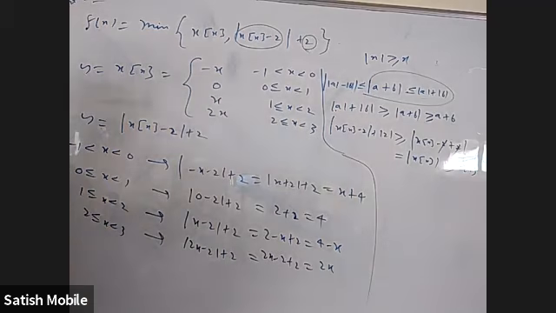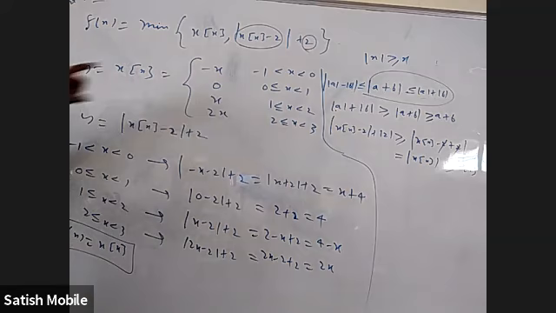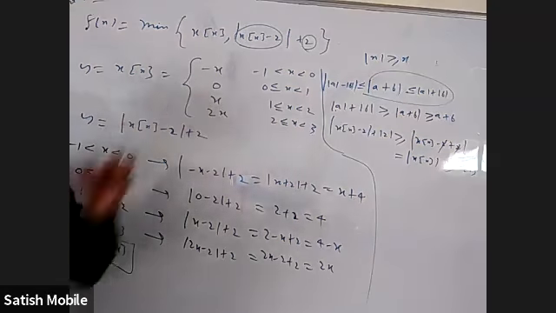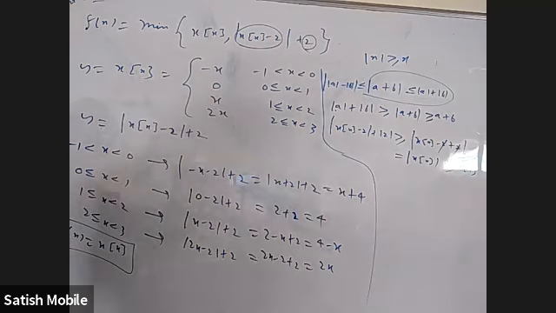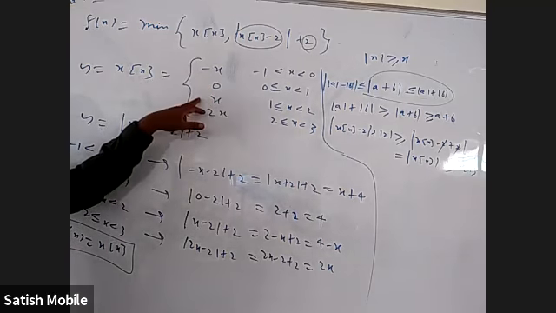Okay. So finally, f of x is simply x into integer part of x. That's all. Okay. Of course, x and integer part of x, all these cases are there. Now, what is it that they are asking? Continuity. Okay. At 0, is this function continuous? Yes, this is 0, this is 0. At 1, is it continuous? No. Yes, this is 0.